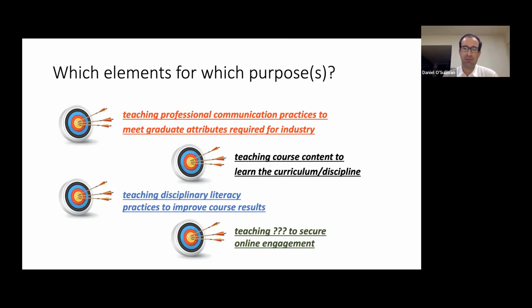Then there was the push for online materials, with the message that as long as it's engaging, we have to engage the students. The message I was getting was that I can use whatever I want, I can teach anything, as long as the goal is secure online engagement. So this tool gave me the ability to think about how I could define these different targets. It's not that one target was the only target; there may be multiple competing targets. And as Steve said at the beginning, you can see these targets as a code or a dominant